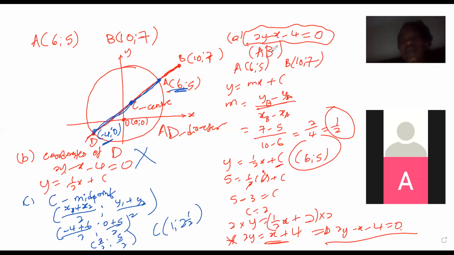And a and b are the coordinates of the center. Our center point is the coordinates of C, which is 1 and 5 over 2. So we can plug them in there. So (x minus 1) squared plus (y minus 5 over 2) squared is equal to